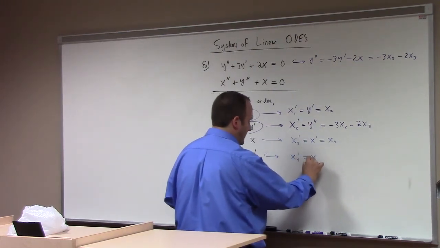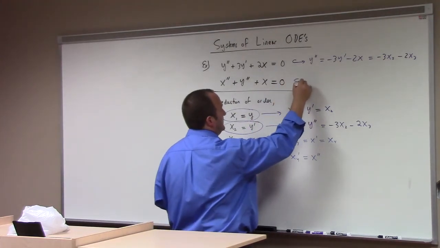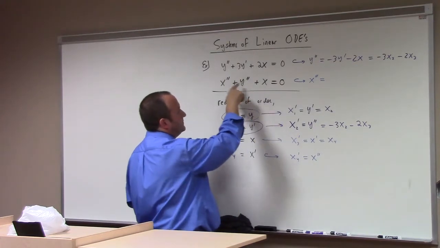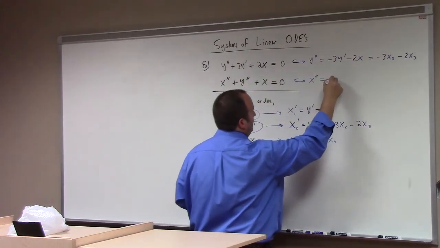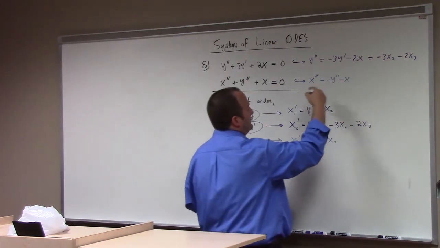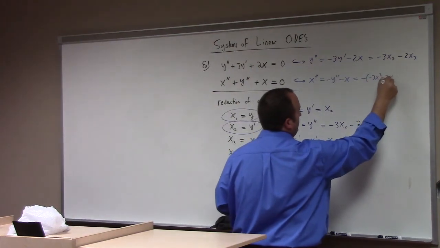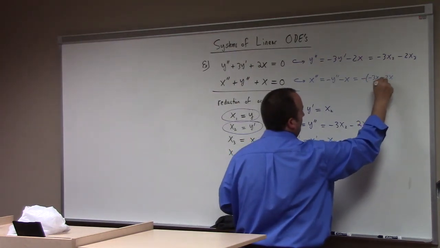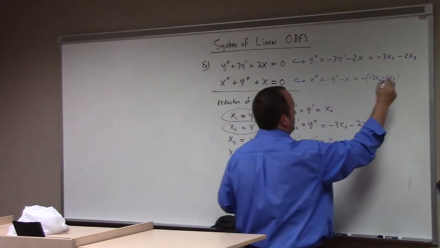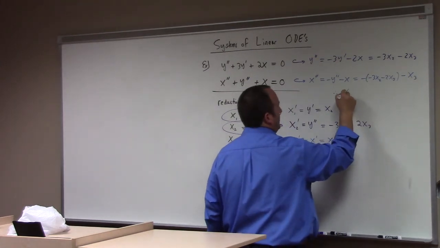That gives us x prime prime. But you notice that the equation up here, we can solve for x prime prime. X prime prime equals, what we got? Minus y prime prime minus x, which we already learned y prime prime was minus 3x2 minus 2x3. And x was defined to be x3, so that's minus x3. So therefore, x prime prime is